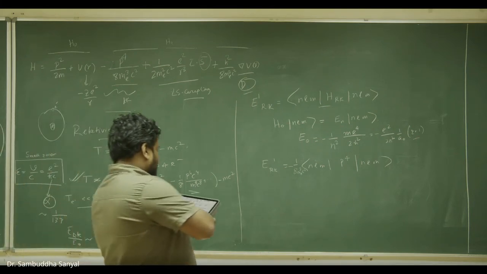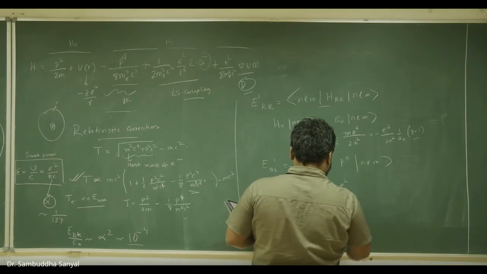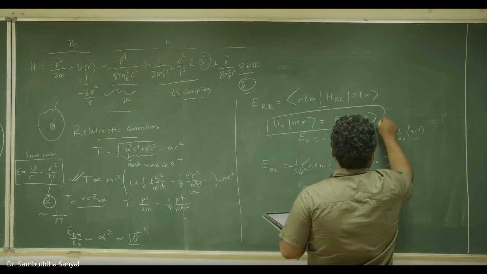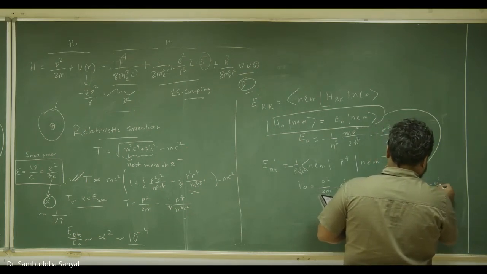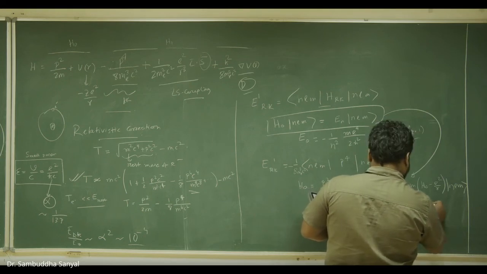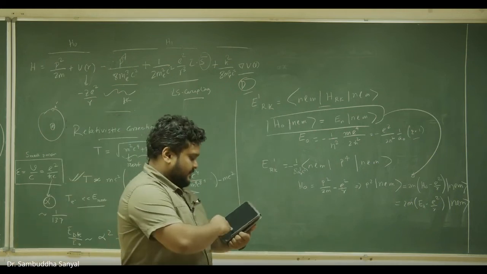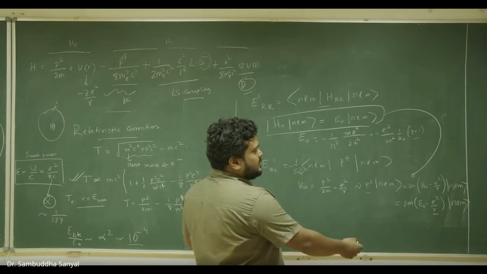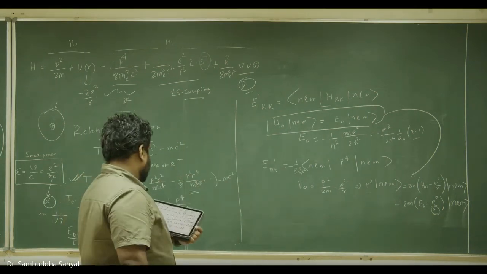But in practice, what is useful is to notice this. H naught is p square by 2m minus e square by r. That means p square NLM from this formula is basically the simple formula. P square NLM is 2m times the quantity. So that is quite easy to calculate, because now the p square calculation boils down to the only non-constant object here, which is 1 by r. Everything else is a constant. Everything else is coming either from a constant or from this solution you already know. So then